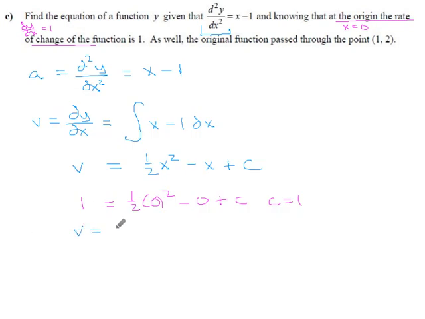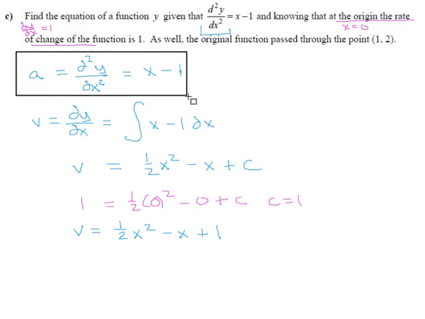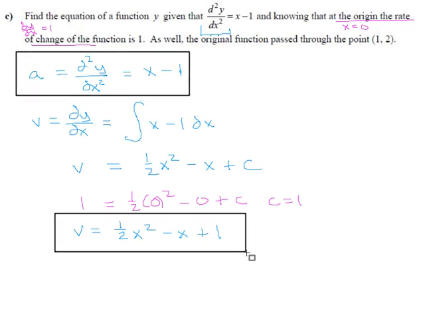So our velocity, our first derivative, is 1/2 x squared minus x plus 1. Good. Not the finished answer, but something we needed. There's our acceleration. There's our velocity. The position of the original function is the antiderivative of this. So s is going to be the integral of all that stuff,